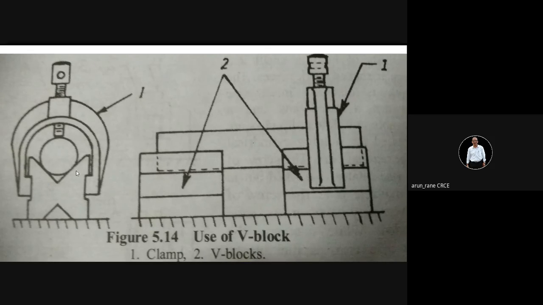All right. So something called the degree of freedom, that you will learn slowly. The degree of freedom is arrested with the help of the clamp from the top. So here there is a clamp. Now how many V blocks are there? There are two V blocks, one and second here. So it is like a simply supported beam. The support is from both sides, from here as well as from here, and clamping is here, so that you can now do drilling on this free exposed area.